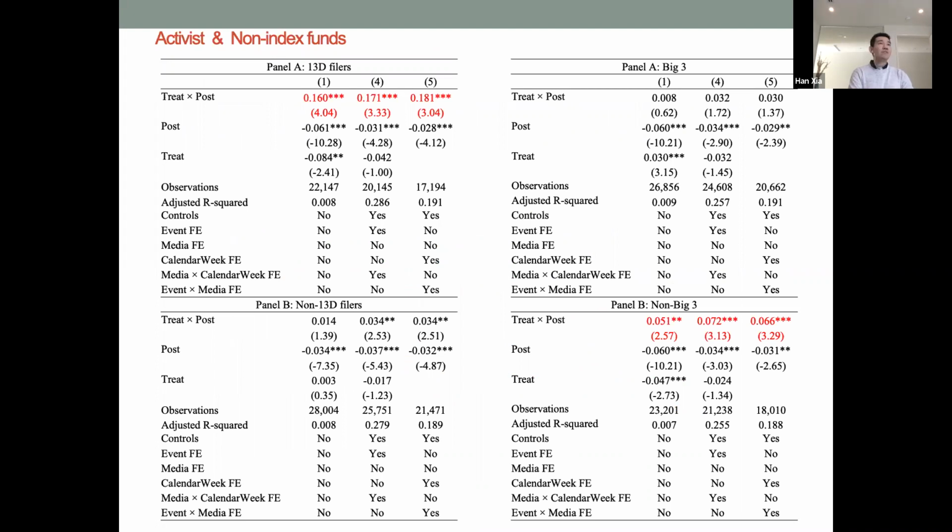Well, I don't have a good answer to that, and the only thing I can think of is that I don't disagree with that. But on the other hand, I also think these index funds probably are more passive, so they don't have the incentive to engage in such active actions. At the end of the day, I would think that's an empirical question. Maybe that's how we should phrase this in the paper. Instead of proposing this should be like this, we give out the two sides of the story. But thank you for that.